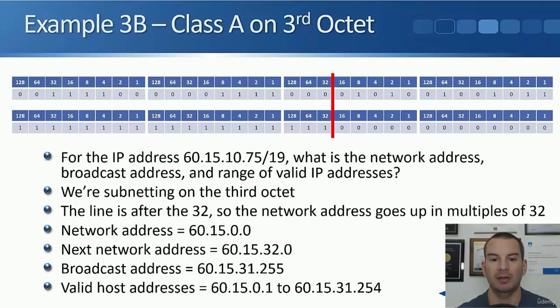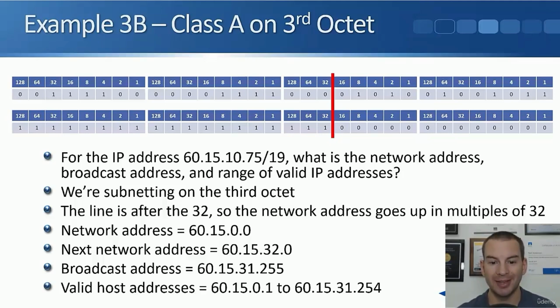So our network address is 60.15.0.0. You can see it if you write out the whole IP address. Also, we're 60.15.10, we're going up in multiples of 32, so obviously 10 is less than 32, so the network address must be 60.15.0.0. The next network address would be